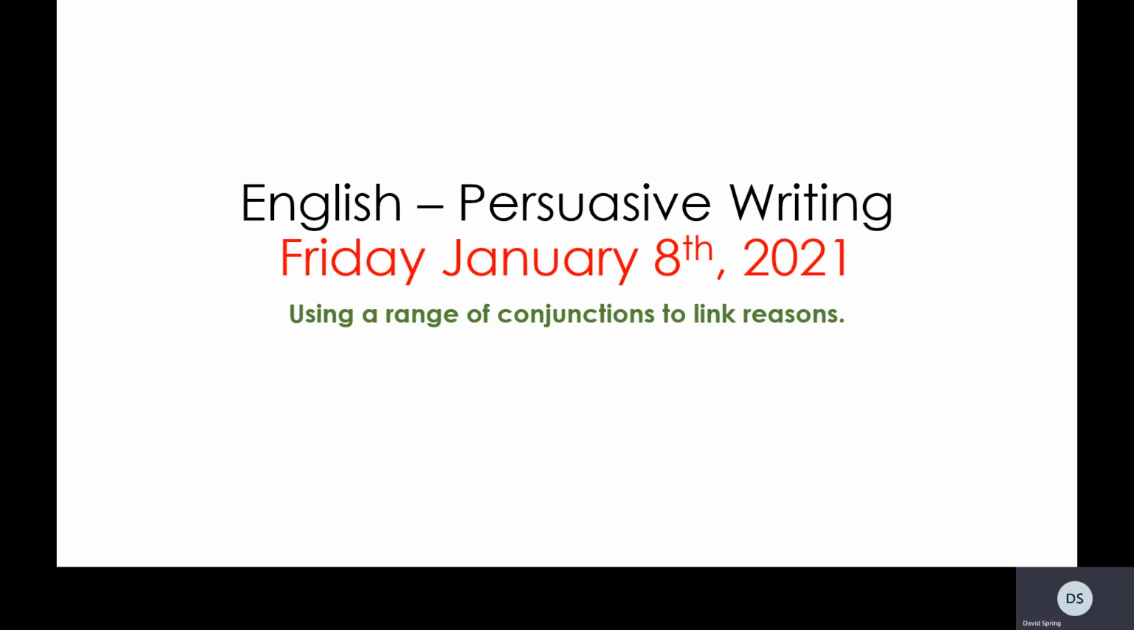Hello, Year 6. Today we're thinking more about our persuasive writing and the skills we can use to best enable ourselves to complete quality persuasive writing that makes somebody feel more inclined to do something that they otherwise wouldn't want to do. The primary skill we're thinking about today is the use of conjunctions to link reasons to the points